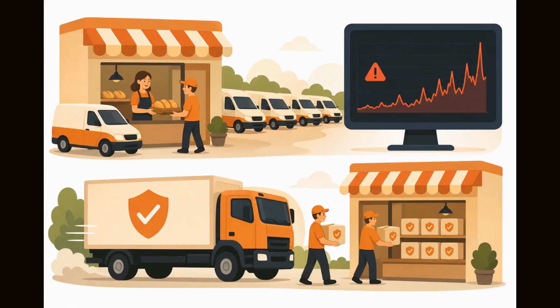There's also the idea of canary releases, sending a few loaves to a single store before rolling out everywhere. If that store reports problems, you stop the rest and fix the recipe. In software, that's releasing to a small percentage of users and monitoring metrics before a full rollout. And rollback is the recall truck. If something truly goes wrong, automation can pull the new loaves off the shelves and replace them with the previous